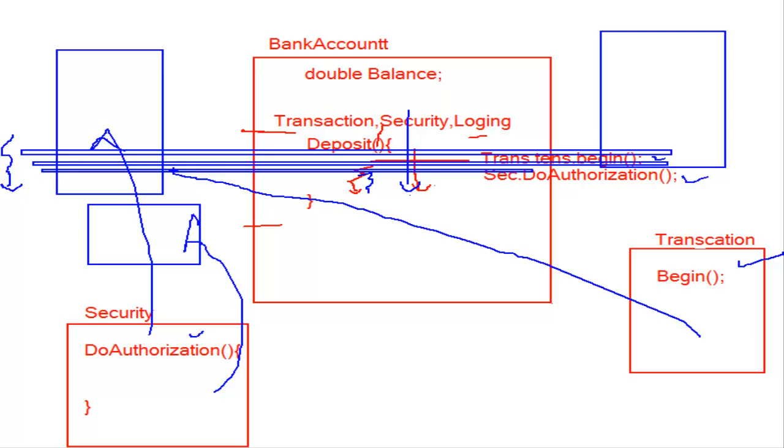But what is the problem? They are not the business logic. They are just services. Without them, you cannot survive. But all of the classes are dependent on them. That means there is a huge dependency on them. So, what is the solution? How do we get rid of these things?